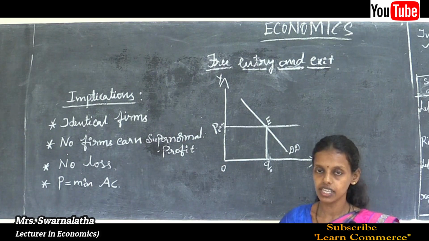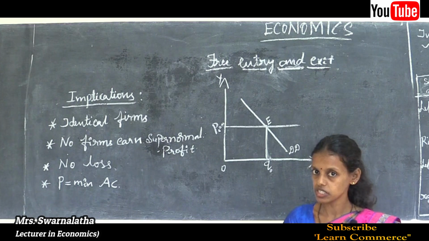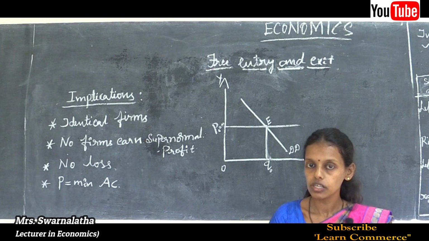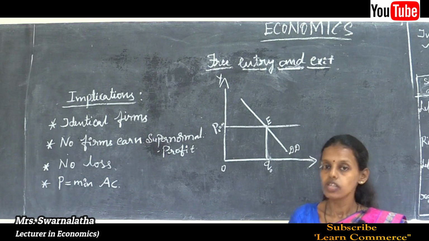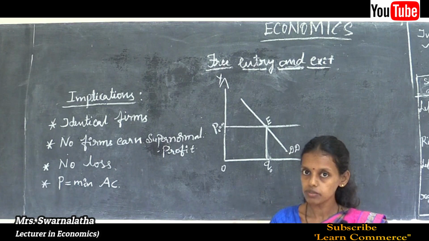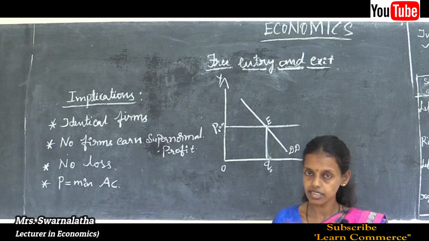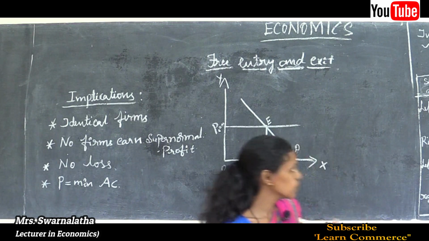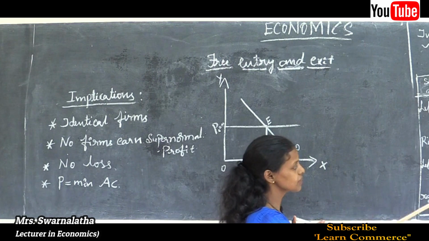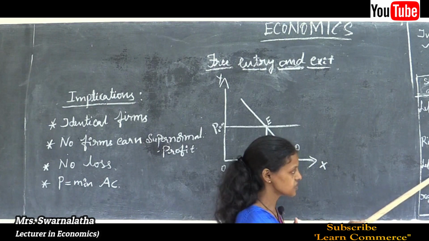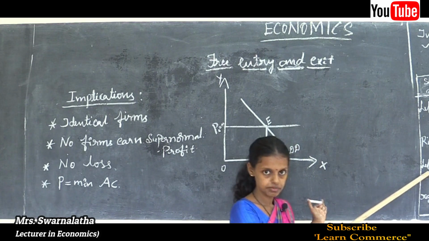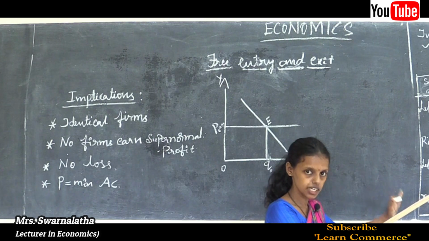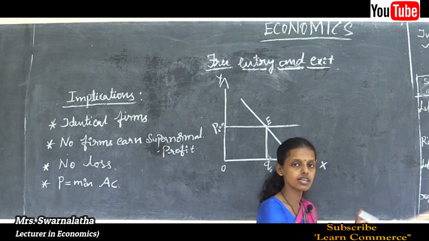So there is free entry; any firm can enter the industry. Free entry leads to a decrease in the price of the commodity. How does it occur? Due to the supernormal profit, many firms or entrepreneurs are attracted and they enter the industry with the hope of getting the maximum profit. But demand remains unchanged. Thus the demand curve shifts leftward. Demand remains unchanged, supply increases, and the supply curve shifts rightward, because new firms are entering the industry.